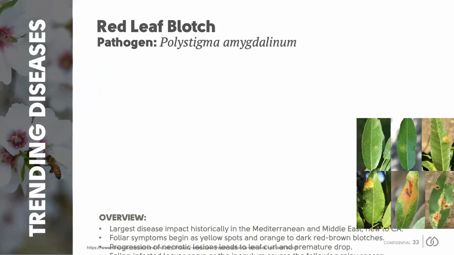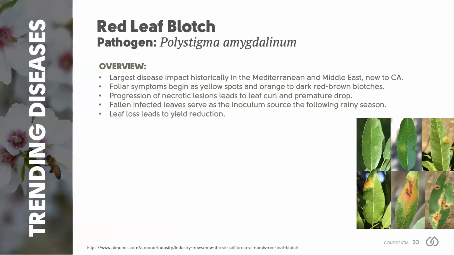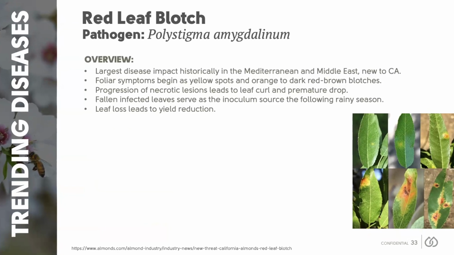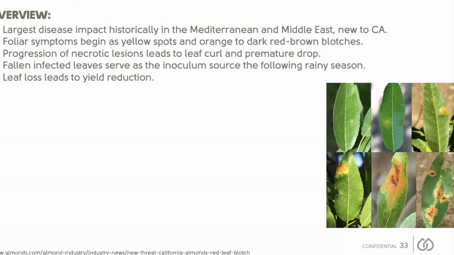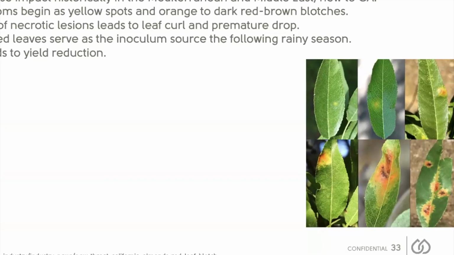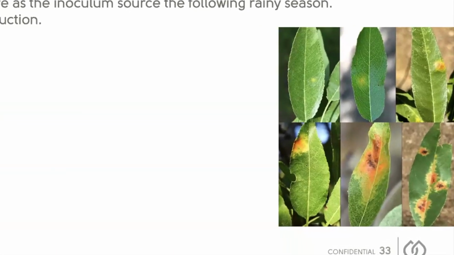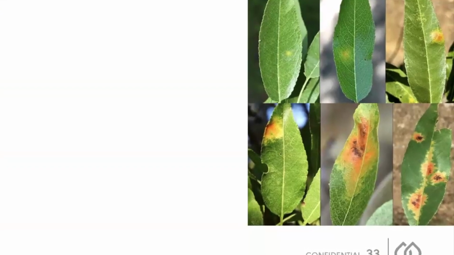Red leaf blotch is caused by the fungal pathogen Polystigma amygdalinum. This disease is widespread in the Mediterranean and Middle East, but has recently been identified in California orchards, and this is of great concern. This disease begins in the foliage. It's a foliar disease, and the first foliar symptoms are small yellow spots. These spots spread, turn orange to dark red-brown, and progress to necrotic lesions, leading to leaf curl and finally premature